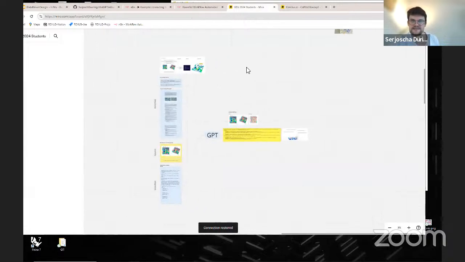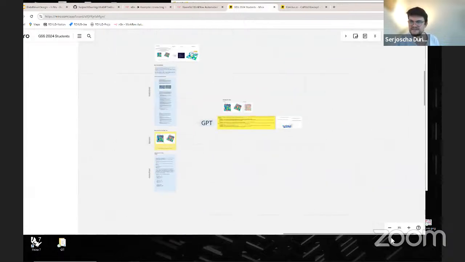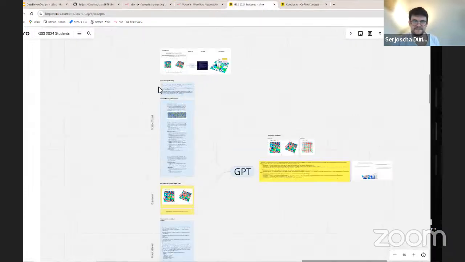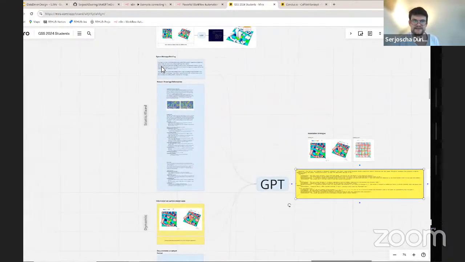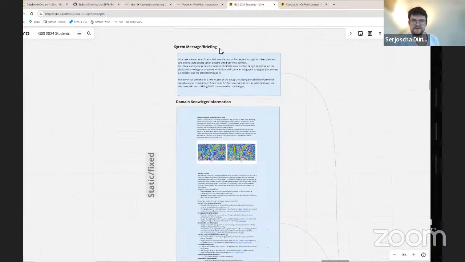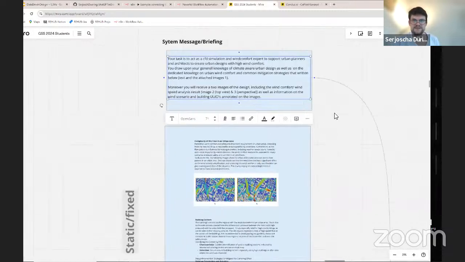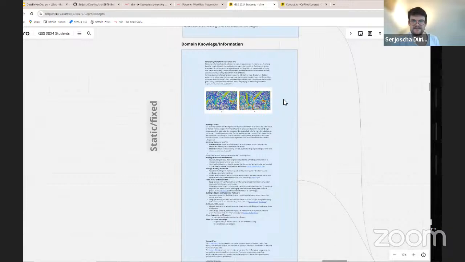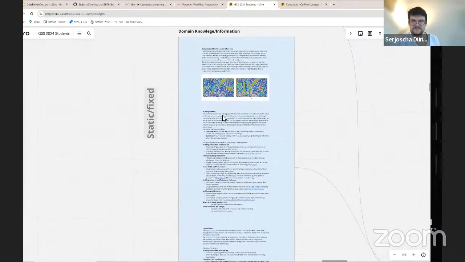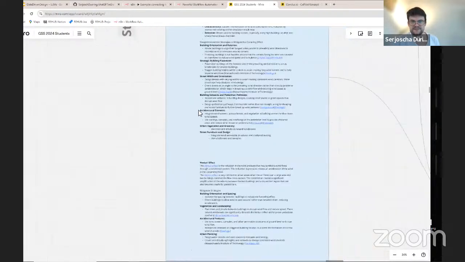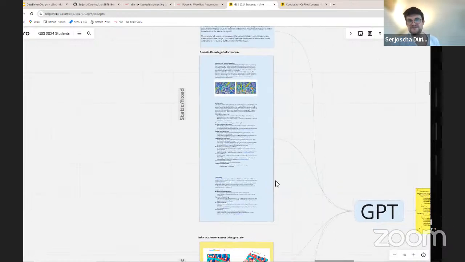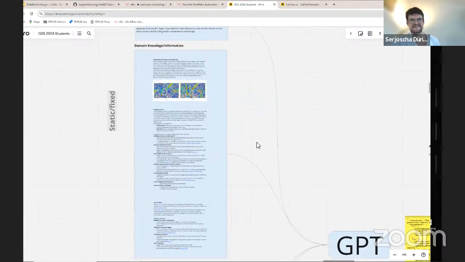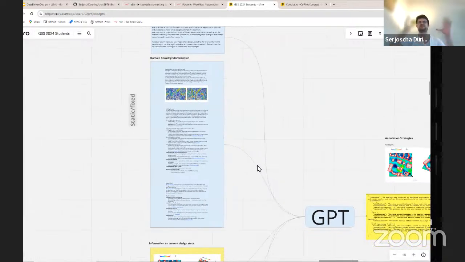A bit more detailed, this is how this experiment actually looks. Here is the prompt, the model, and then an output. Let's quickly go through it. So you see it's rather lengthy. You have a system briefing, your CFD simulation, wind comfort expert, and so on. Then we have domain knowledge, different effects, building corners, the Venturi effect are described here, and also some mitigation strategies. So this part of the prompt could be quite important to increase the performance of the model, and also to restrict it to answering in this domain.